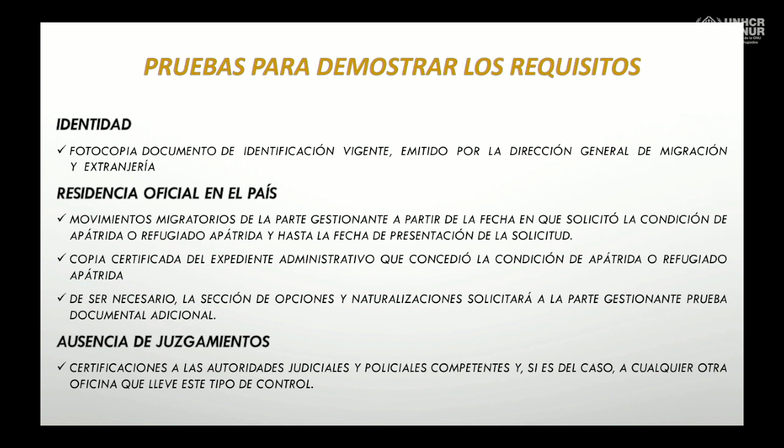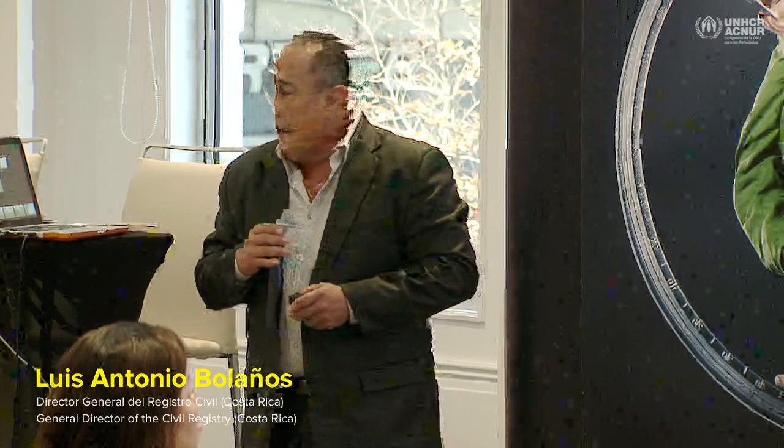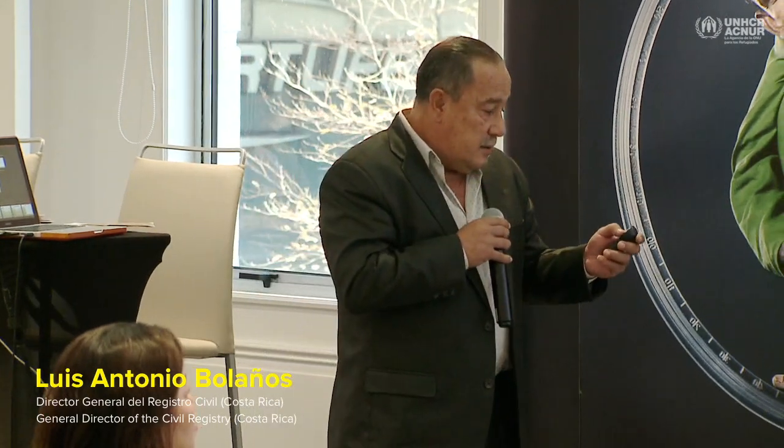Then we have the proofs. Basically, they need to present a photocopy of the file that the Foreign Affairs Ministry organized, and there is a full coordination between them, and the first coordination starts trying to get the evidence that the person was born, and if not, we send this to the process to declare this person as stateless, and then this information is received back.